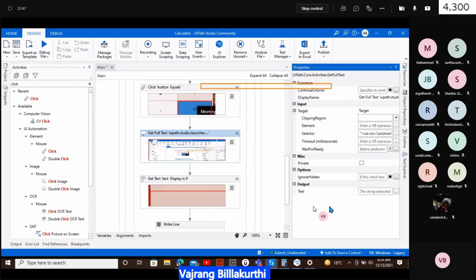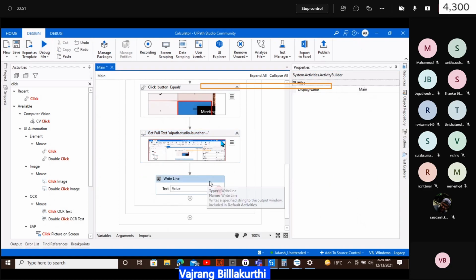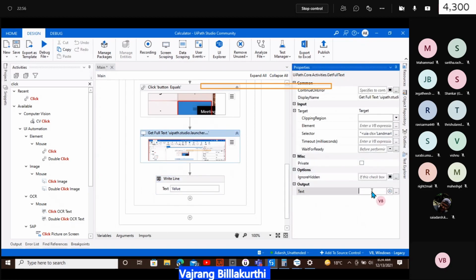Get full text activity actually takes the data even if it is in the background. So this will be a value and the value is coming from here.